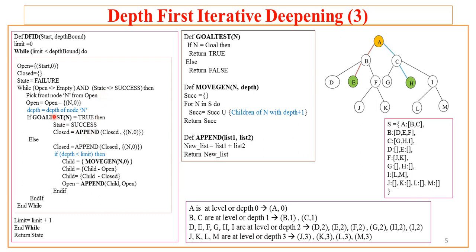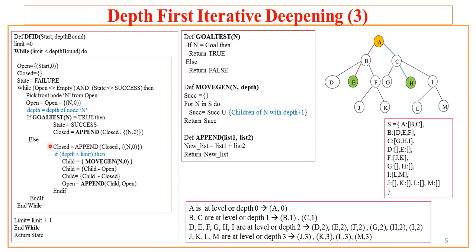But what if goal test has returned failure? So how does goal test work? Let us see here in the second rectangle of this presentation, that is the slide. So goal test will take a node, the current node n, and it will compare it with the given goal node. If it is matching, it returns true, otherwise it returns false. If no goal matches, it returns false. So obviously this goal test condition fails.